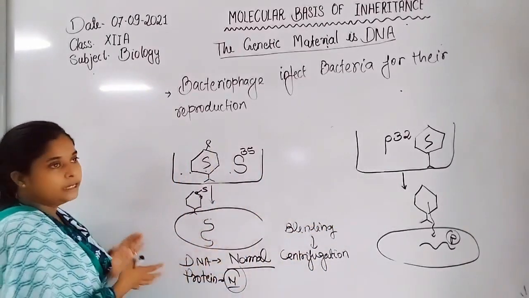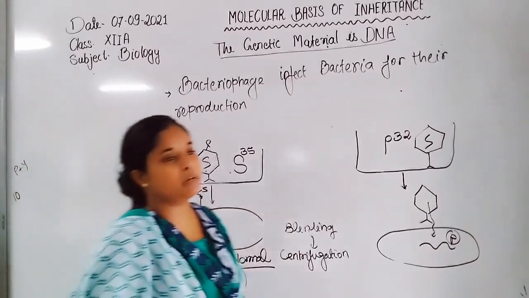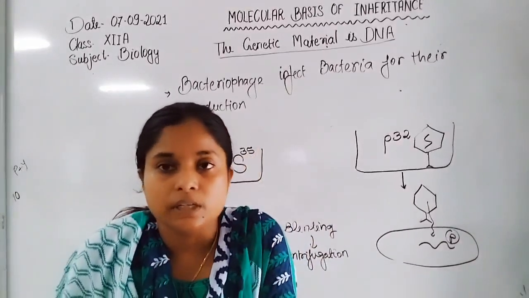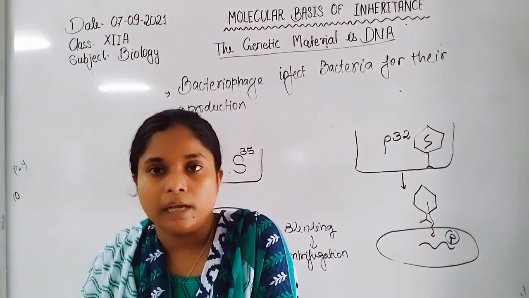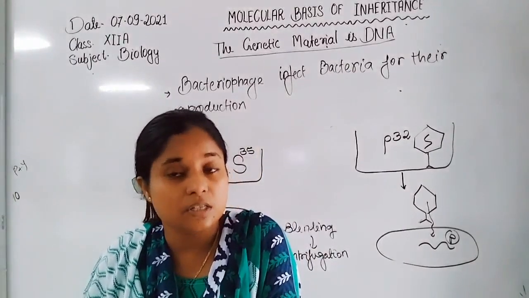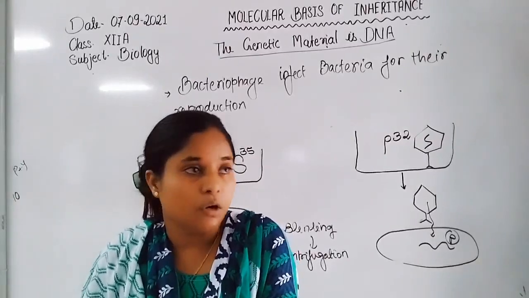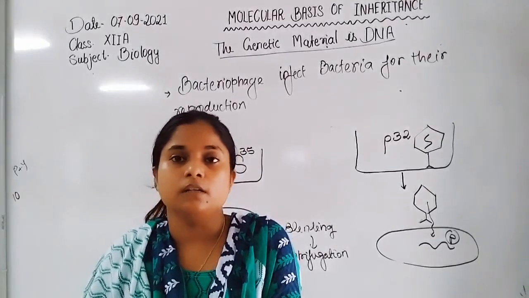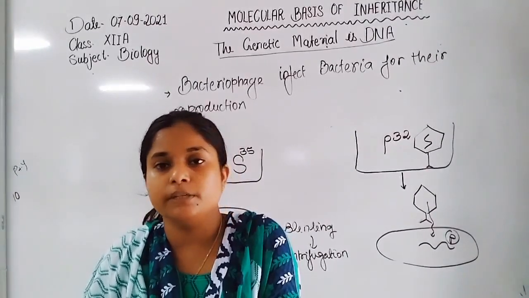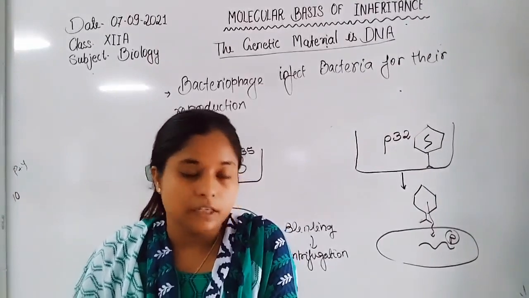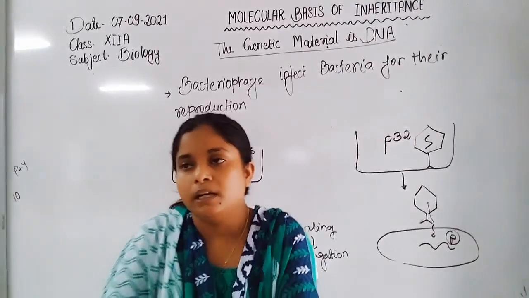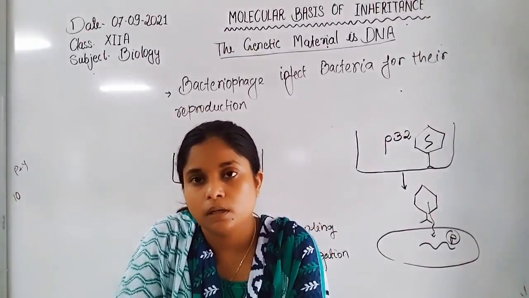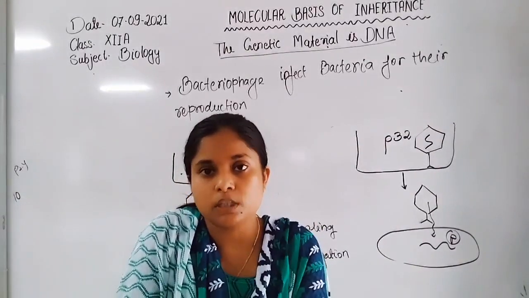So they concluded that DNA is the genetic material through their experiment, because the DNA is transmitted by the bacteriophage only. So this is the overall experiment done by Hershey and Martha Chase in 1952. While working on the bacteriophage, they gave the data about the genetic material, and the genetic material is DNA. In the previous class, we discussed the transforming principle, and in the next class we will discuss the transforming principle again.